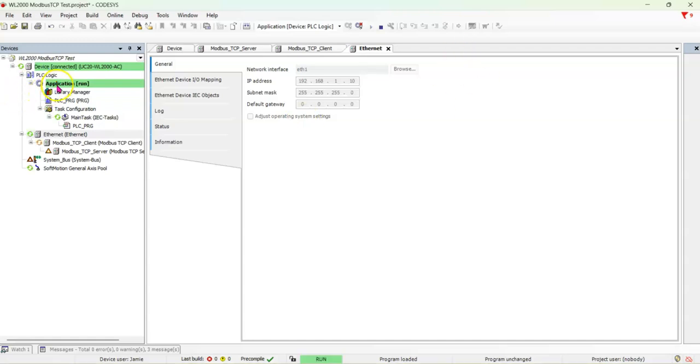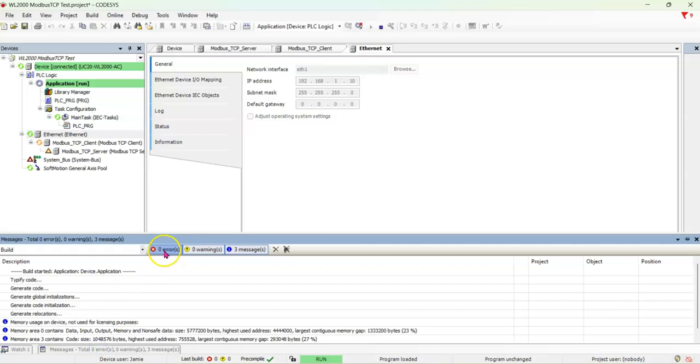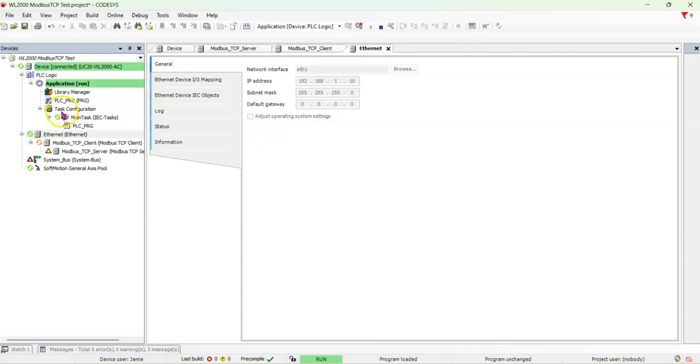So if you can see now, application's running, we've got the run down here as well. Program's loaded, everything looks happy. If you look here, 0 errors, 0 warnings, good news. I've got a green light on the main task, although in reality there's no task there. There's no application code I've written yet, and I'm getting orange indication here, and that's because I don't have a